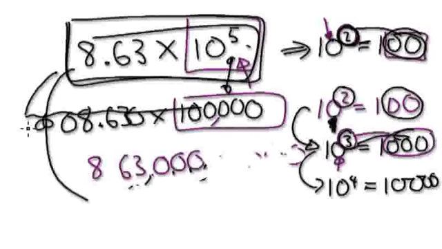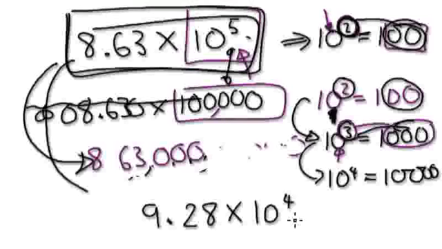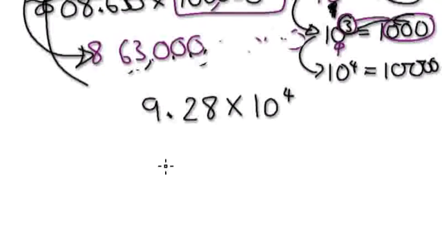But my point is, when someone gives you this, learn to bypass the lots of zeros thing. Learn to ignore that step. Learn to jump straight to this. So for example, if someone gives you 9.38 times 10 to the power of, let's say, 4. Well, if you look at this here,